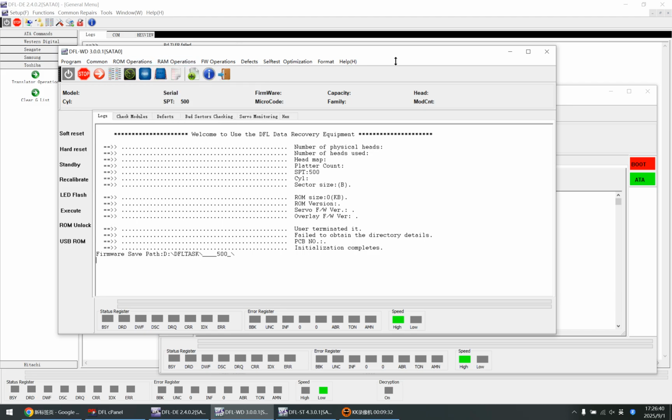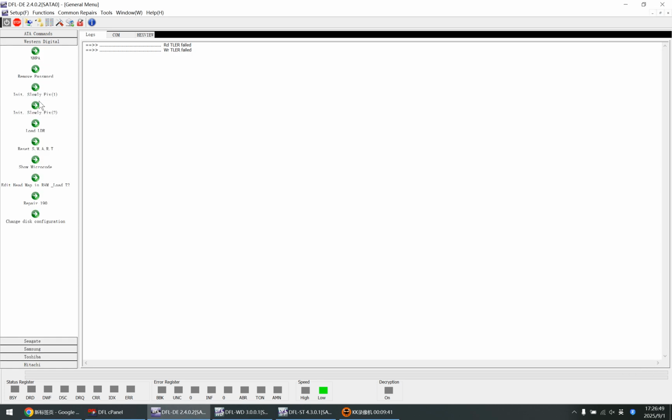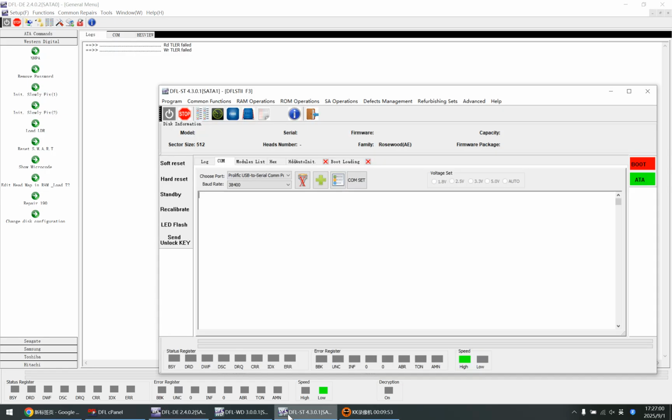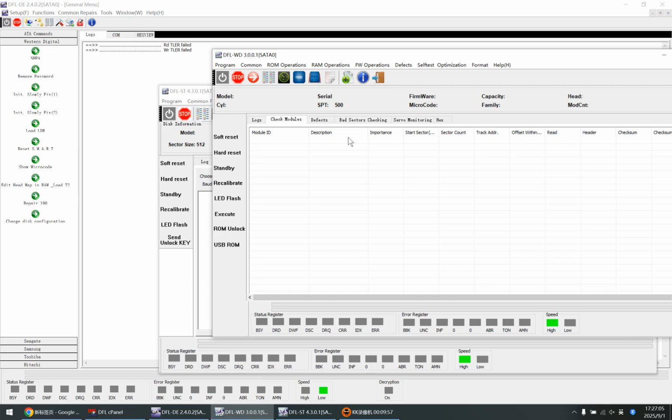Please note these firmware repair solutions here are different from those available within the DFL DDP data recovery software. Those are for quick firmware repair, just one click to fix, and these are for professional firmware repair to edit modules,